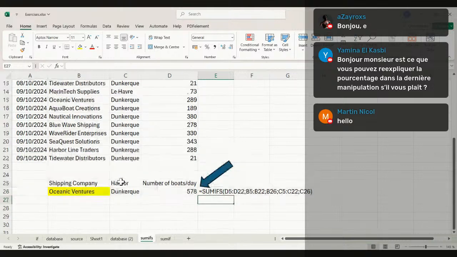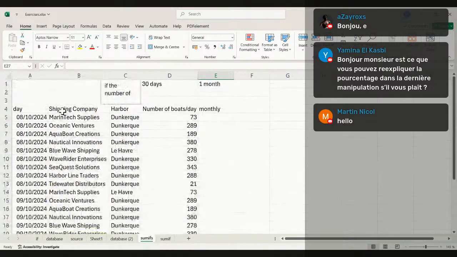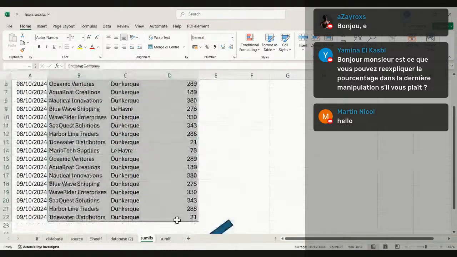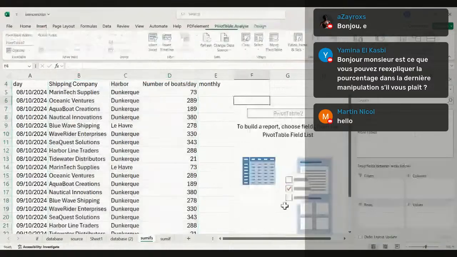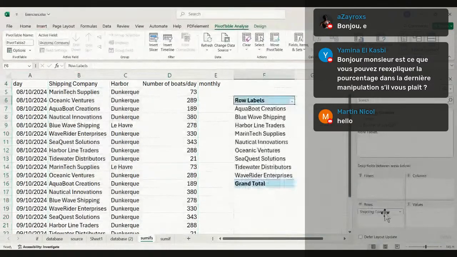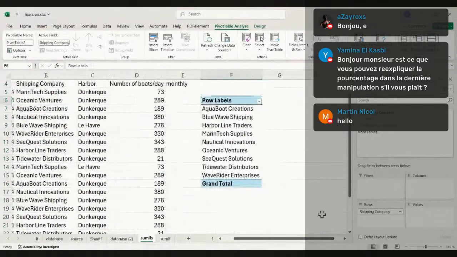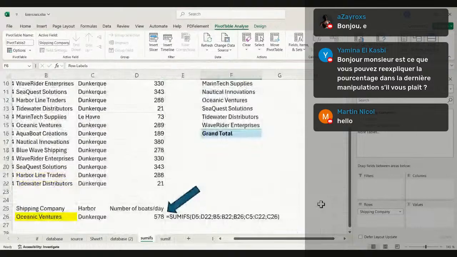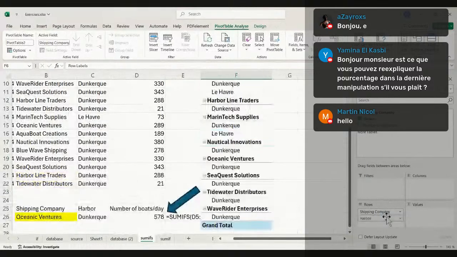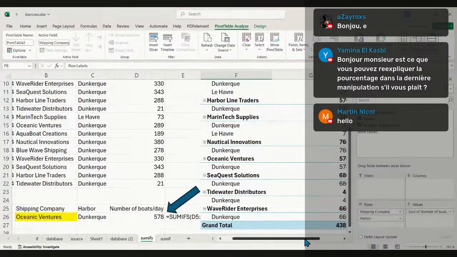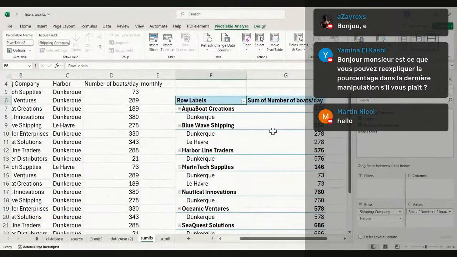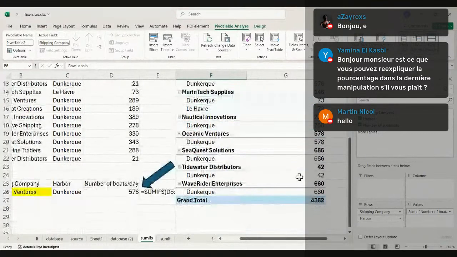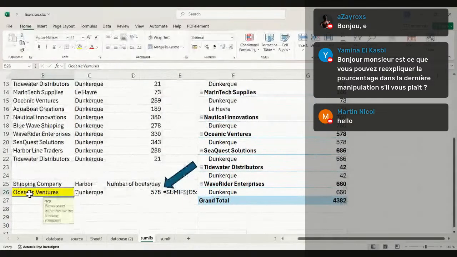So I go back here. I could say I want this. And based on this table, insert pivot table. Let's say I want it here. I could have the shipping company here, the harbor, and then the number of boats. So we could see directly the different, except that we have a huge table, but the figures are exactly the same. If you see here, Oceanic Ventures in Dunkerque,